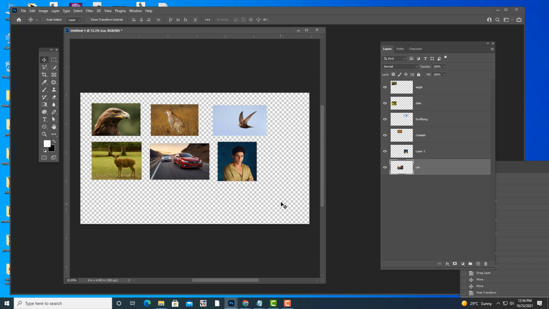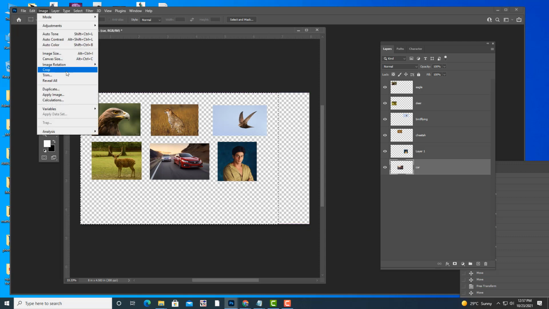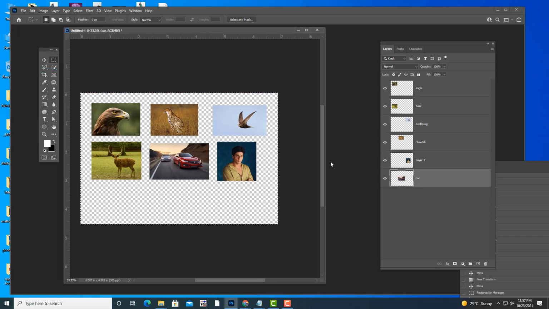And then see, avoid this much empty space. So how can we avoid that empty space? You just have to crop your document like this. Just Image and Crop. See, now there is equal space on the left side and the right side. Understood now, everyone? So you have to organize like this. Then the third row, then the fourth row, like this you have to create.